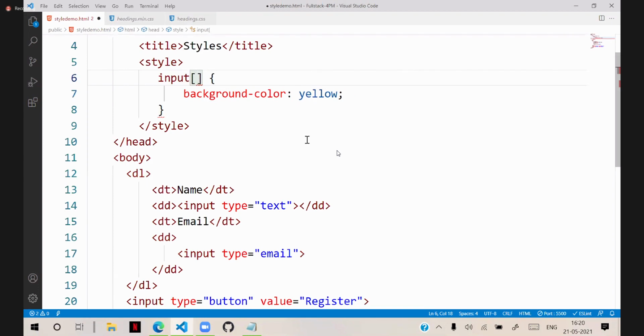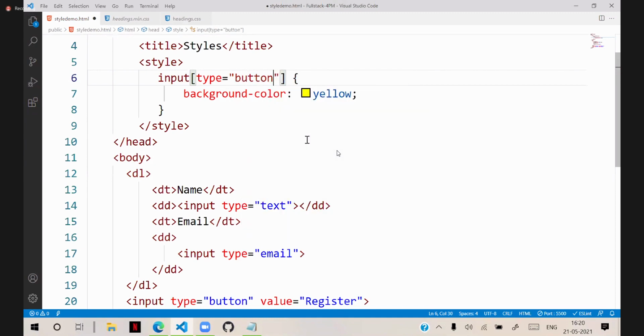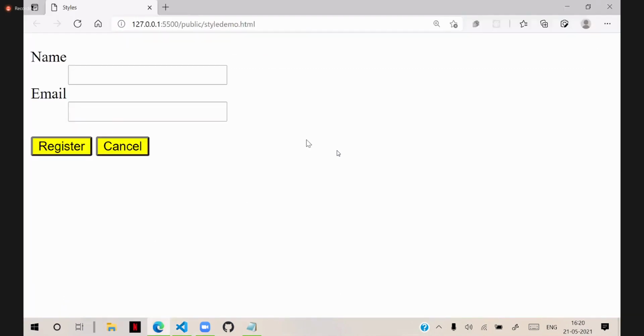That means for that input element, the attribute is type is equal to button. If input type is equal to button, then it will apply only for the button. It will not apply for the text box or check boxes.